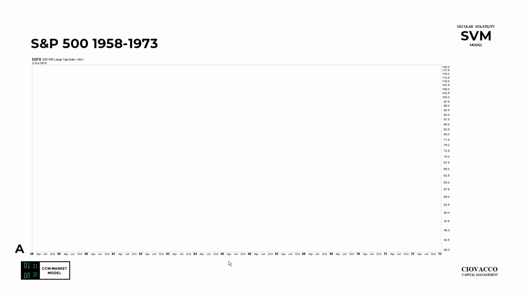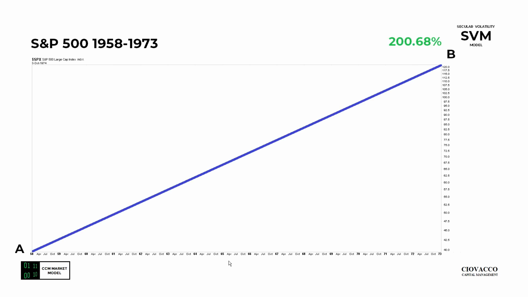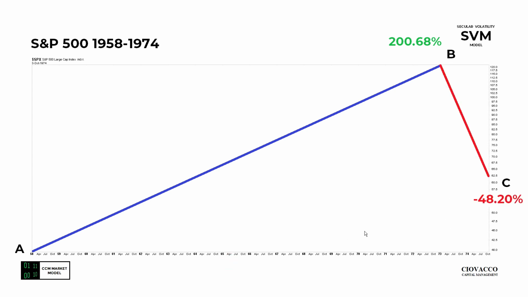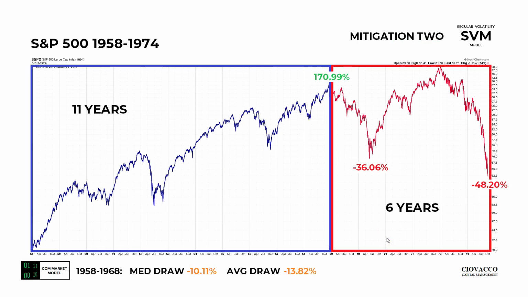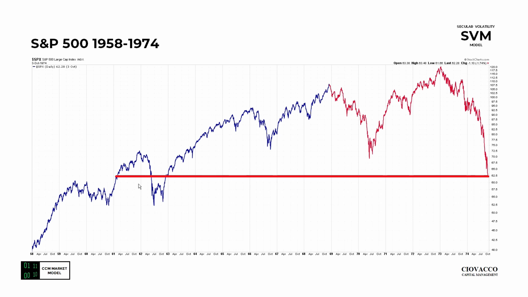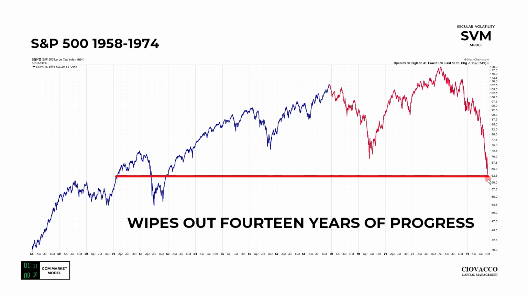And when we look at this impressive gain between point A and point B, and then we look at the give back between point B and point C, it really doesn't tell the entire story from a time and, maybe more importantly, psychological perspective. If we examine this window more closely, it would be very, very difficult for an investor that did all the right things between this point here and this point here, that maintained a 100% no questions asked, buy and hold policy. Because this drawdown here in 1974 takes the market back to levels in